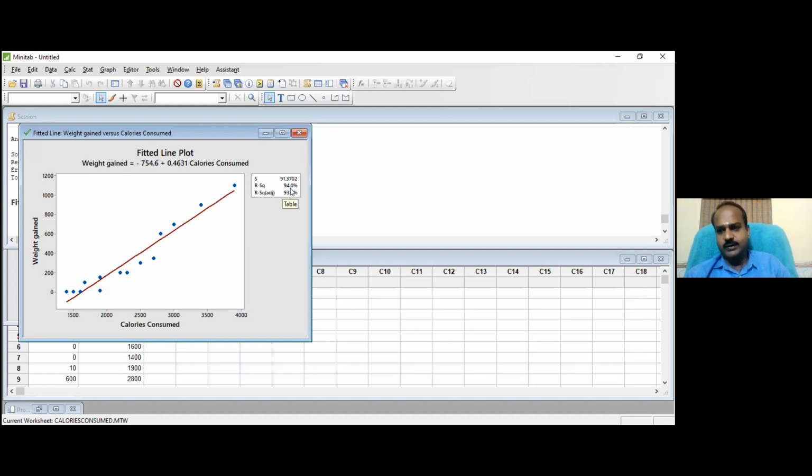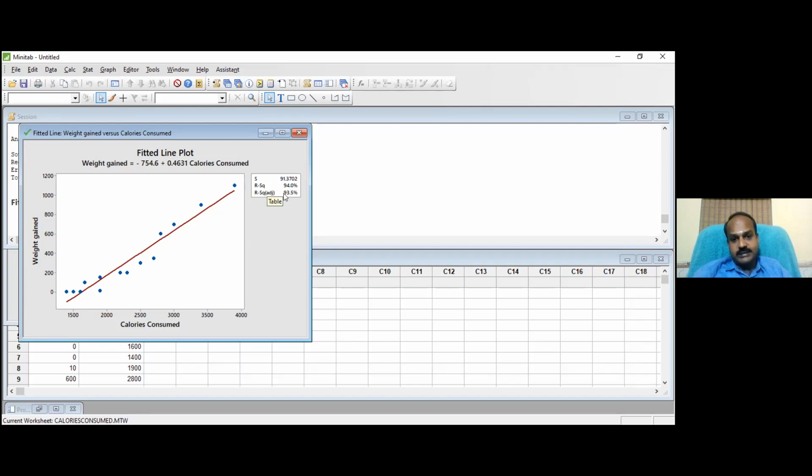And the R square value will improve depending on the number of factors considered in the model. If more factors are considered, then R square will be higher. But in this case, there is only one factor, yet R square is high because this factor is a highly influencing factor. In this particular case, only a single factor is responsible for the problem. That is why you got 94.